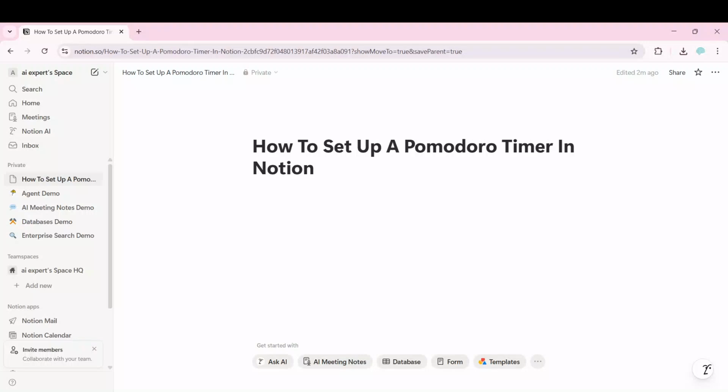In today's video, I'm going to teach you how to set up a Pomodoro timer in Notion. Easy and beginner-friendly. If you're new to the Pomodoro technique, it's a simple productivity method that cycles focused work with short breaks, typically 25 minutes on and 5 minutes off. Embedding a live timer right into your Notion page keeps everything in one place so you can stay on task